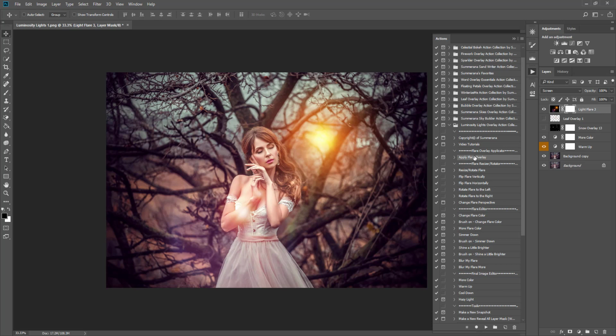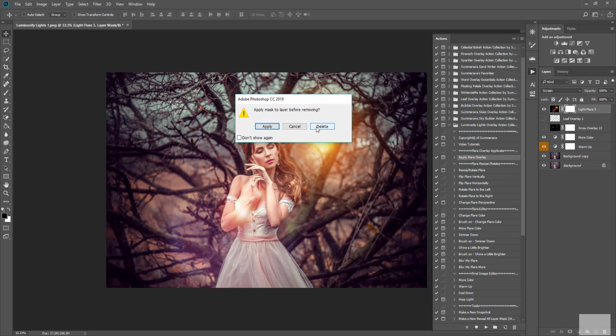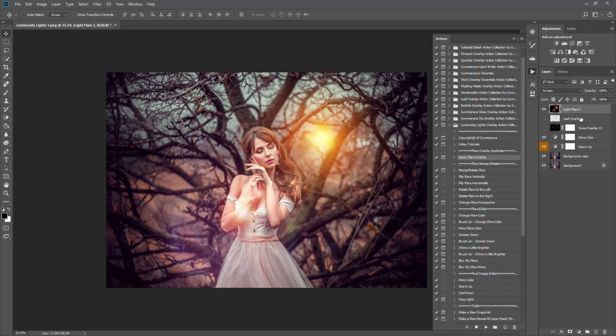Now, if you're using the actions, it applies a layer mask automatically for you. So I'm going to go ahead and delete it to show you how to do it manually if you need to. So let's say you dragged your overlay over and you're not using your actions, then all you would do is go down to this little layer mask button right down here where it says add layer mask, and click it. Then you'll see it has a white layer mask, so then you'll need a soft